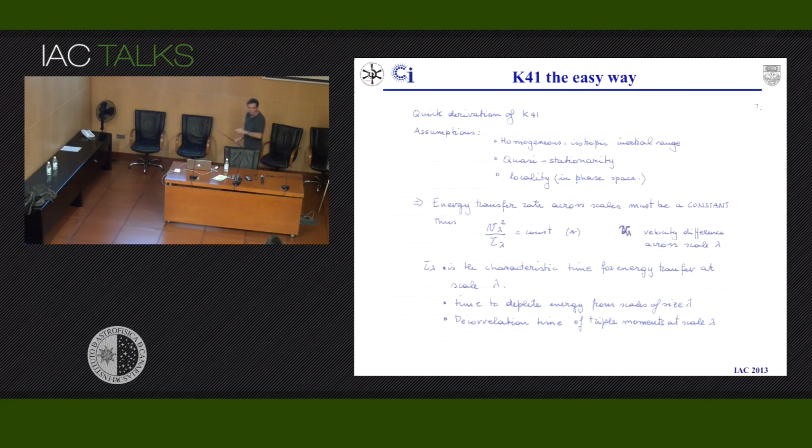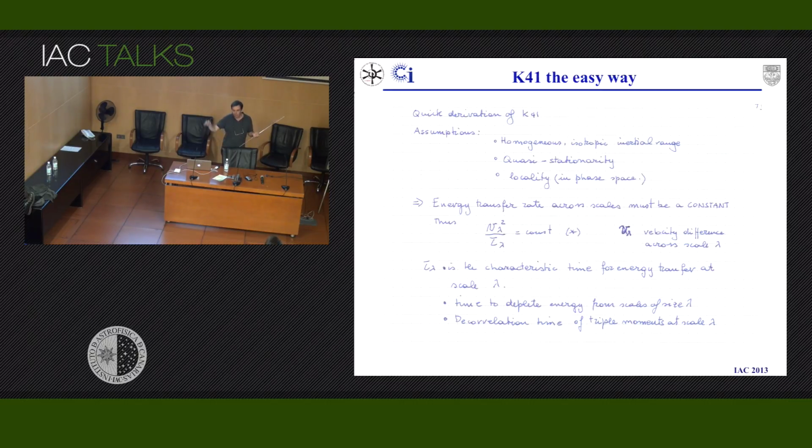Okay, so let me show super fast how you get the Kolmogorov spectrum. You assume the following thing, that the turbulence is homogeneous isotropic in the inertial range. Is that justifiable? Well, yeah, because pressure drives everything towards isotropy. So if you wait enough, this thing becomes homogeneous. It becomes isotropic. Oh, okay, it's quasi-stationary in the sense that, yes, turbulence is always decaying or doing something, but